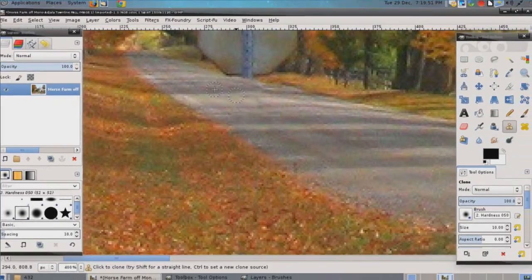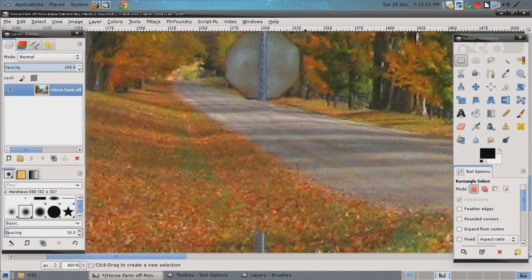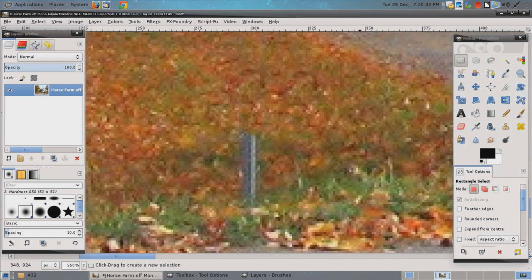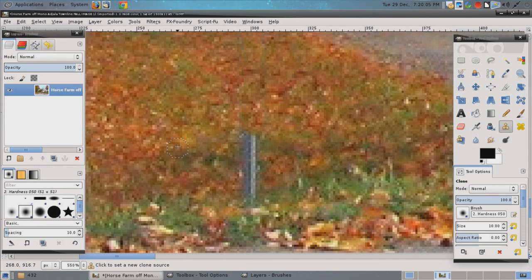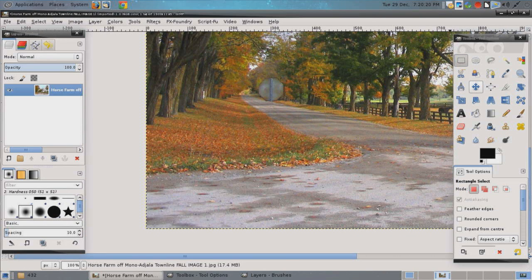Now here we've got a shadow, and so this shadow we need to control click and bring that over top of this here so that we've got that seamless, that's what would have been behind. Okay, so now you can see if we zoom out, we're starting to lose that sign altogether. Let's grab this area down here, same tool. Grab some of the leaves and kind of roughly paint over top so it has that rough edge, cover up some of the stuff that looks repetitive. You want to avoid that kind of repeating and make it look random so it does look like leaves sitting on the ground. There we go.